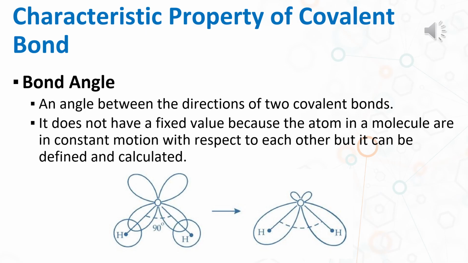As an example of the bond angle, we have the water molecule, or H2O. The bond angle is approximately 104.5 degrees, and it is influenced by the presence of the lone pairs of the oxygen. Okay,